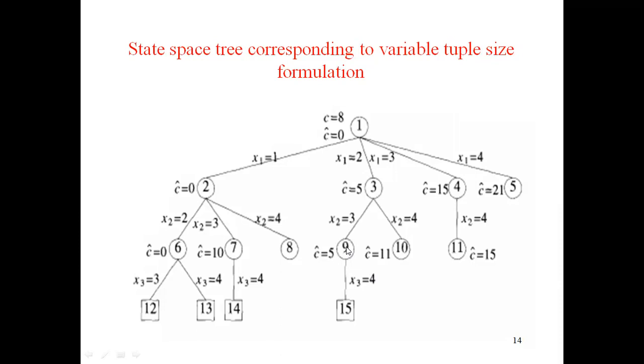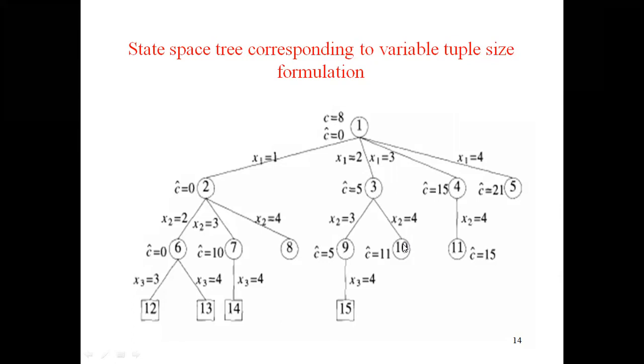The cost C of 10 is equal to 11. See the cost: the estimated cost to reach the goal node from node number 10 is 11. That is greater than upper. Actually upper is updated to 8, but here the cost is 11. So 11 is greater than 8. So at node number 10 you can kill it, since there is a bound on the upper value, that is 8. Okay, now you can kill that one.